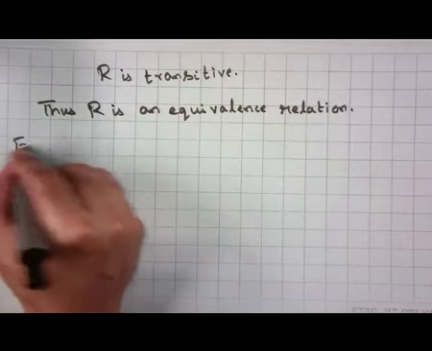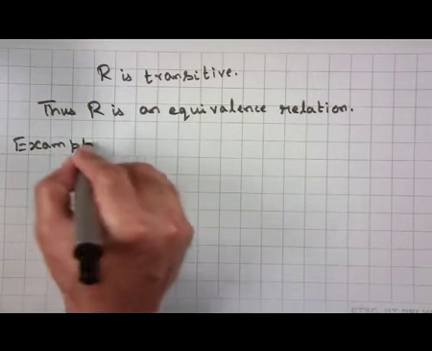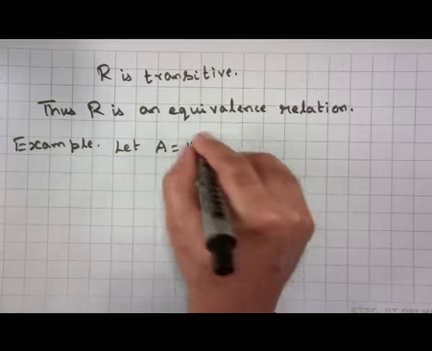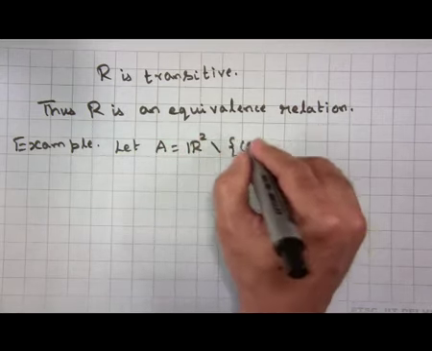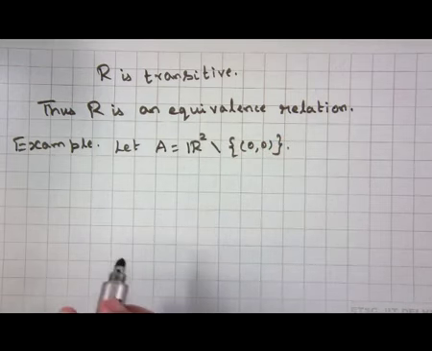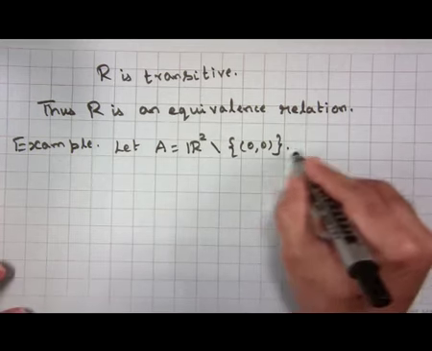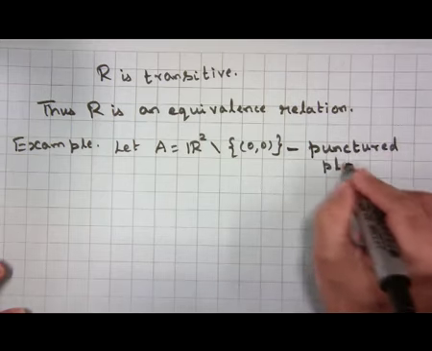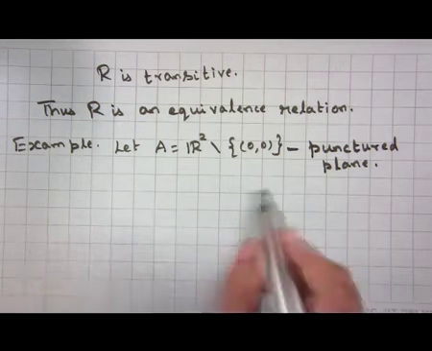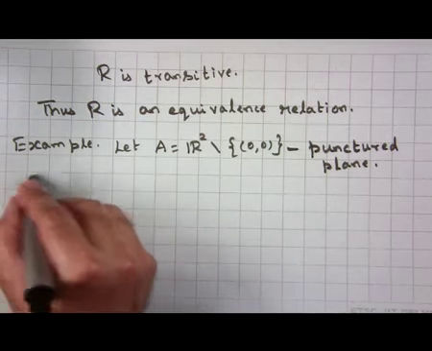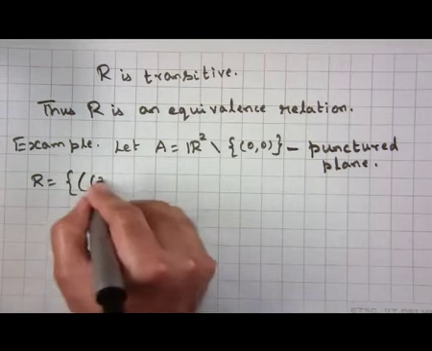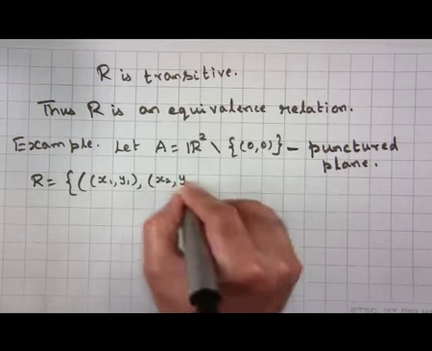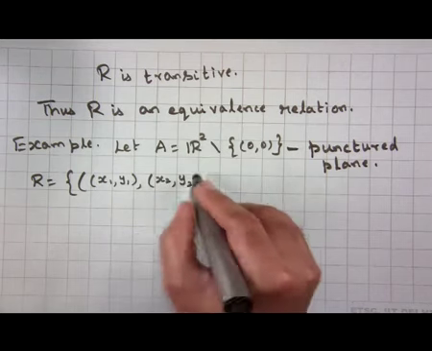Let us do one more example, again from geometry. Let A equal the plane R2 minus the origin. I am just removing the origin from the plane R2, which is in general called the punctured plane. Let us consider the punctured plane. With this punctured plane, let us define R as follows: I will say that the pair (x1, y1) is related to (x2, y2), or the pair (x1, y1) is related to (x2, y2)